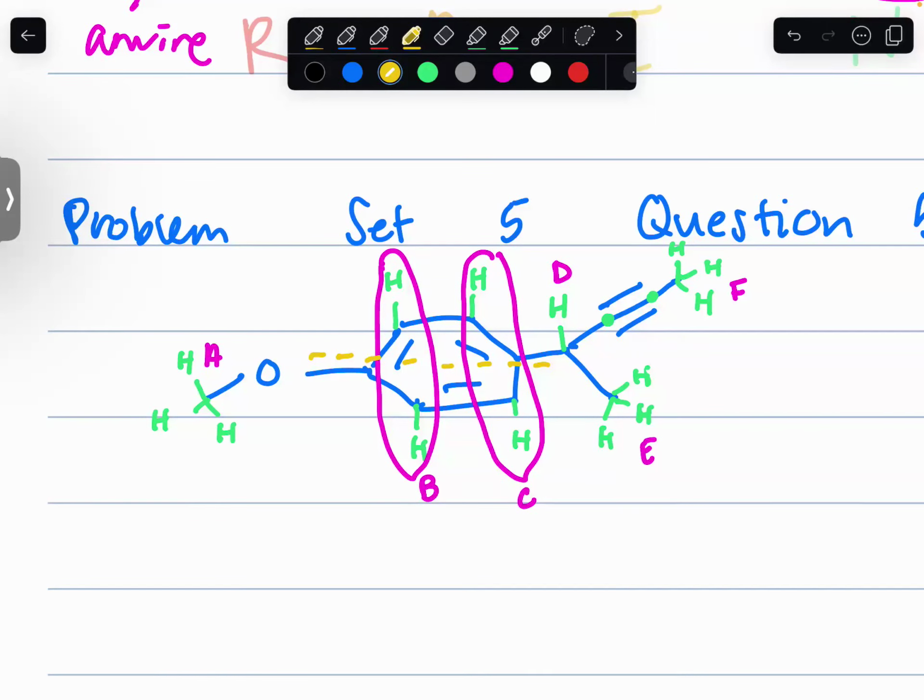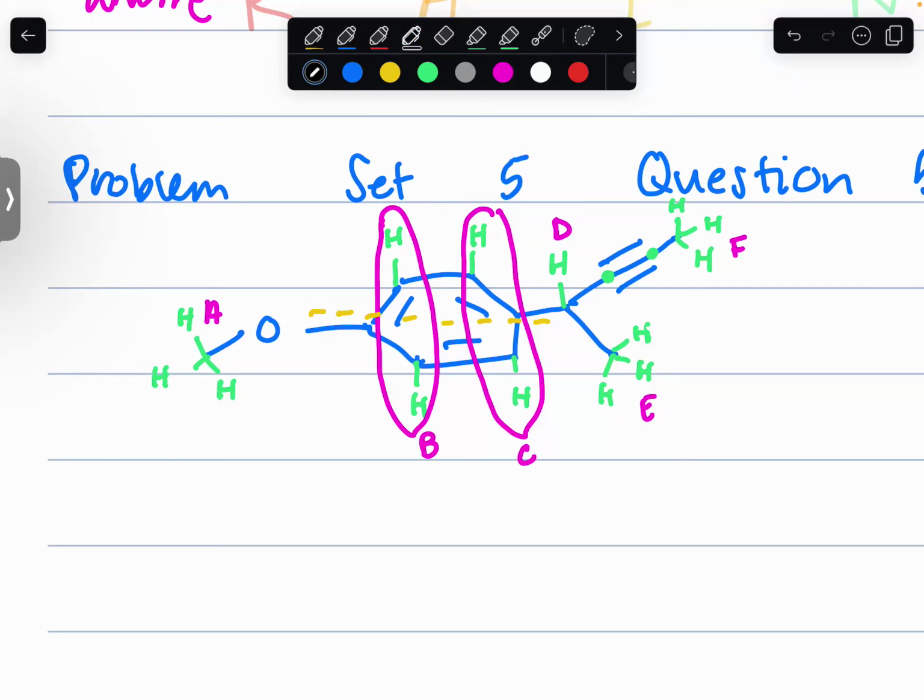We have now identified our proton groups. Our next step is integration or intensity. Another way to think about integration or intensity is how many protons each signal is speaking for. So for A, how many protons are in proton group A? 3. So we would expect an integration of 3. How many are in proton group B? 2. C, D, E, F,